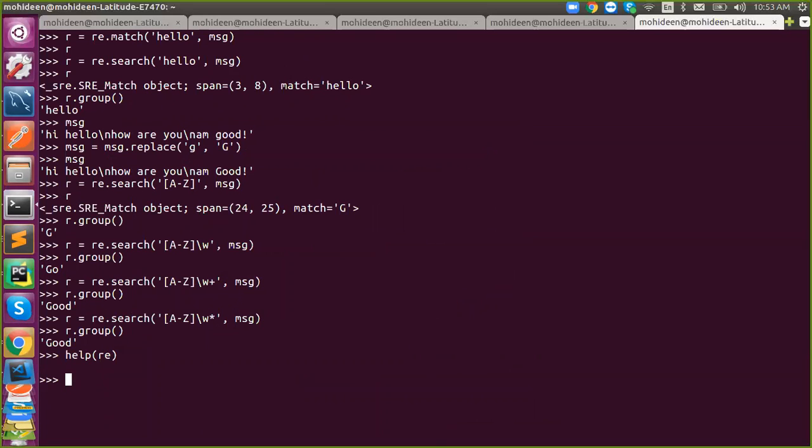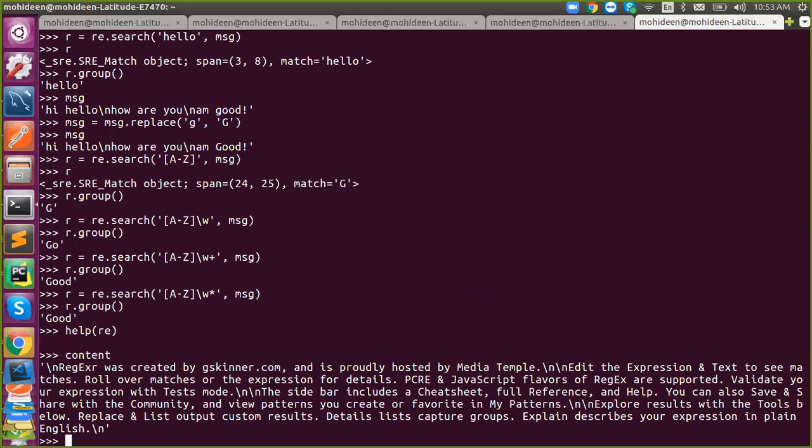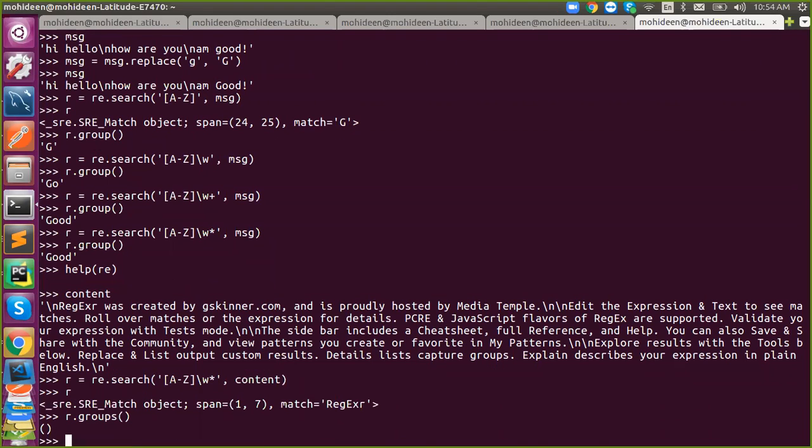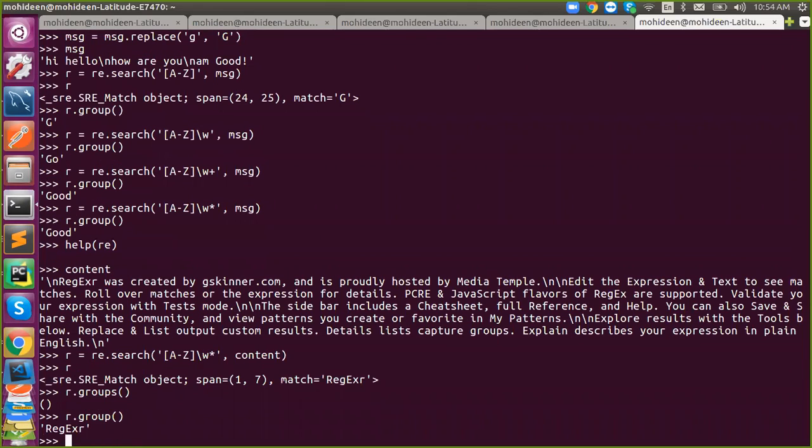Got it? So even if you have multiple lines, here I'm having multiple lines, and when you say search, it deals with only one input.